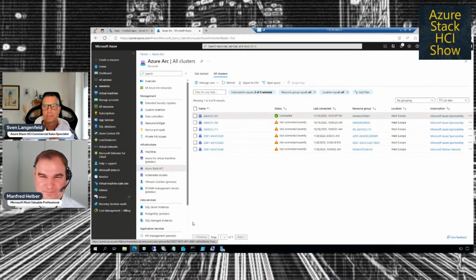Okay. For example, to make Windows Server or Linux instances visible in Azure, I think that's simple. You need Azure Arc. Yes. If you want to start or stop virtual machines, is it Azure Arc or Azure Arc Resource Bridge? It's Azure Arc Resource Bridge. We can do this later in a live demo. This is Azure Arc Resource Bridge, yeah.